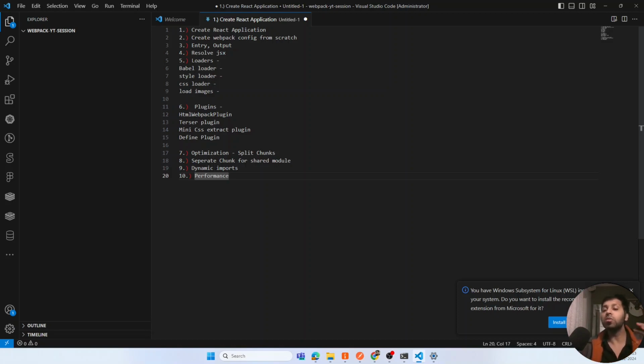As you saw in my previous applications, most of the builds that I have created using the Next app automatically do the chunking for you. So I just want to discuss one thing, what people do, and what I did a lot of times, that I use Next.js, I use Create React App to build the project. When we build our project using these scaffolding tools, we don't get to know much about how behind the scenes the build is getting created, how the modules are getting created for the project, how the chunks are getting created, how the optimization is being handled, how split chunking is working, how minification is done internally,